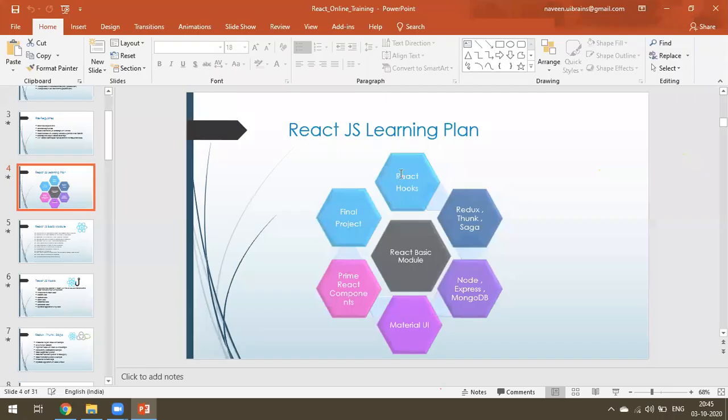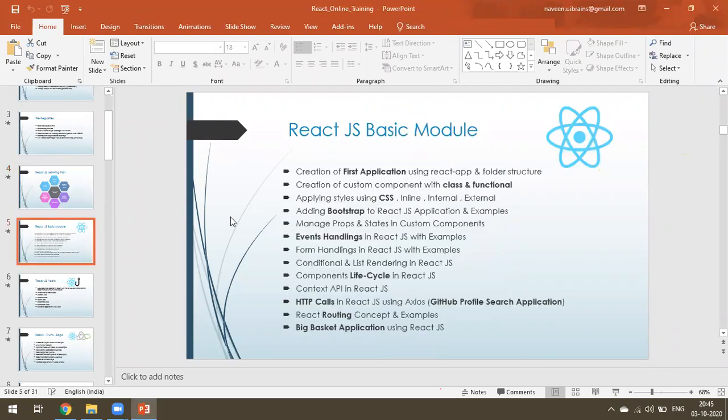The first module is the basics module, then React hooks, React Thunk. In the basics module, when we start, we learn everything: how to configure CSS, how to configure Bootstrap, what is props, what is state, event handling, form handling, every concept. If you see my HTML tutorial and CSS tutorial, it's like that. In HTML also, first we learn some concepts, and by clubbing all the tags, we develop one project.